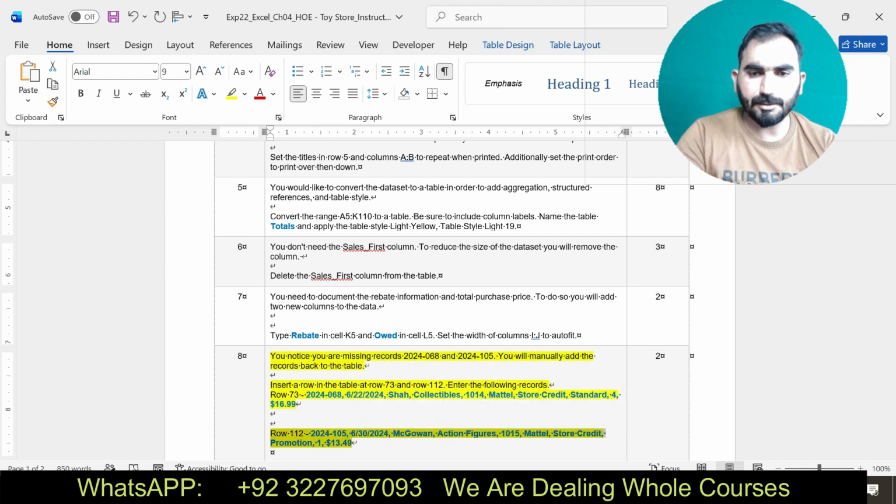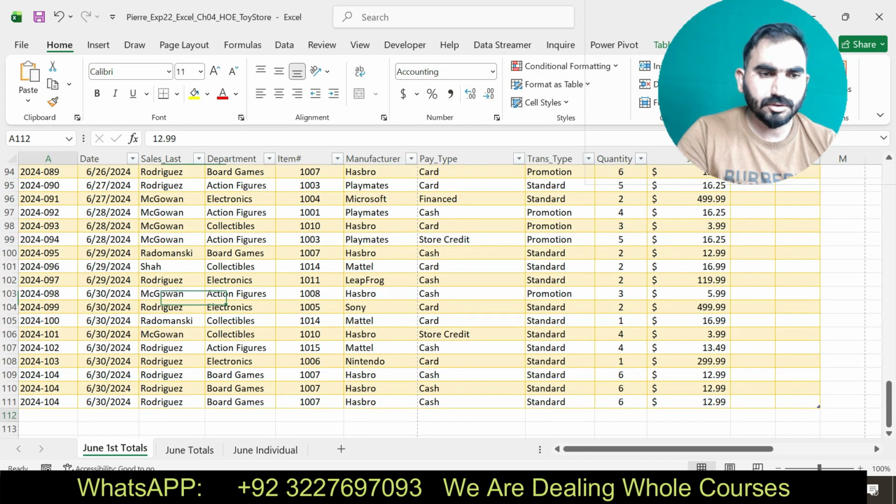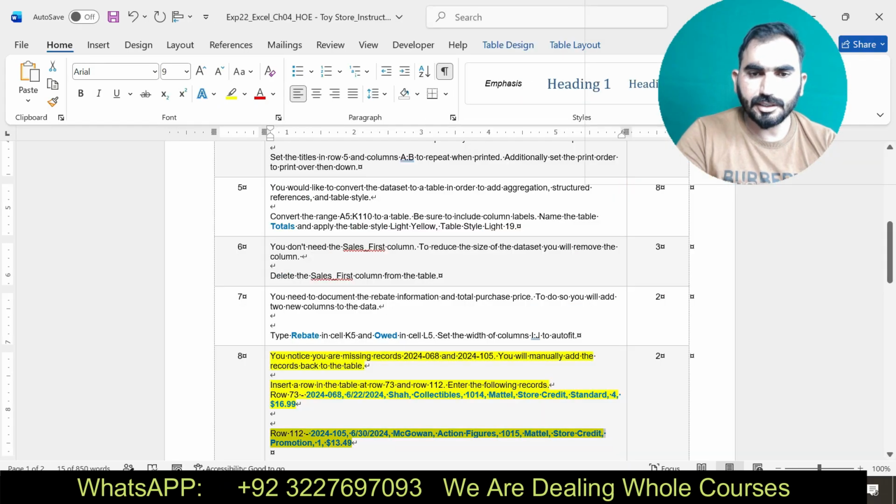Okay, now I am going to add another data in A112. I am going to insert a new row.